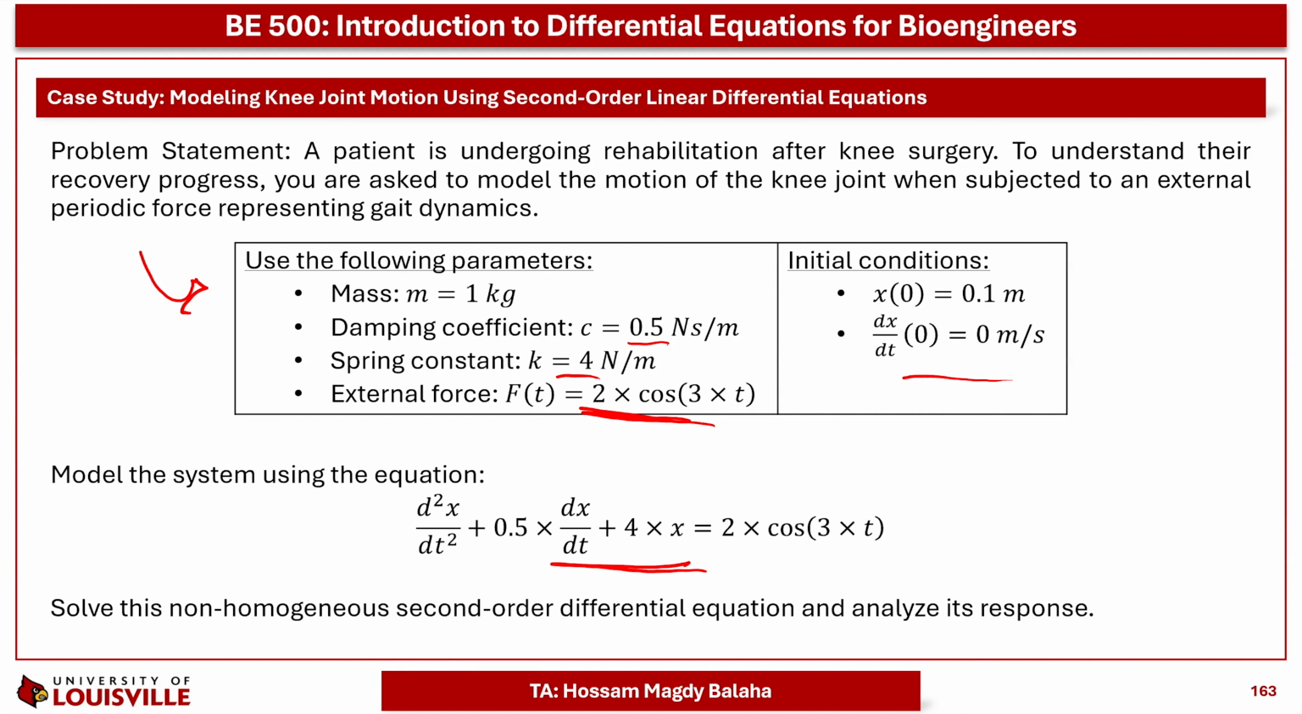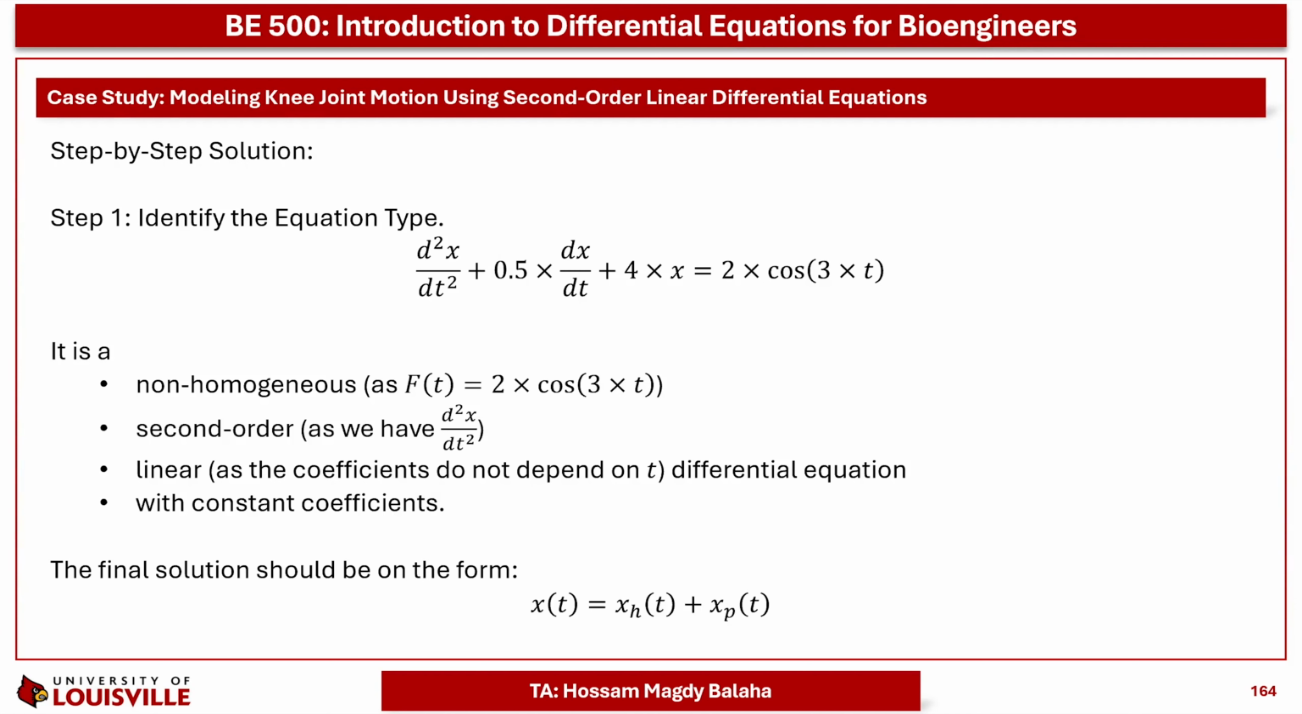If you notice, we have a linear differential equation, and it's non-homogeneous. Based on that, we can use the method of undetermined coefficients or variation of parameters to solve it. Which method to use? Simply, this is in the form of cosine, so we can use the method of undetermined coefficients. And if you are asked to identify the equation type and its different configurations, simply it's non-homogeneous because